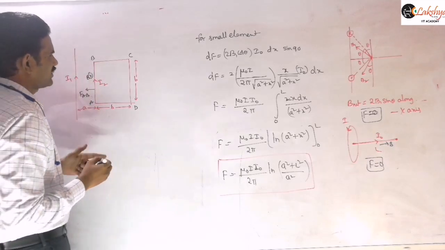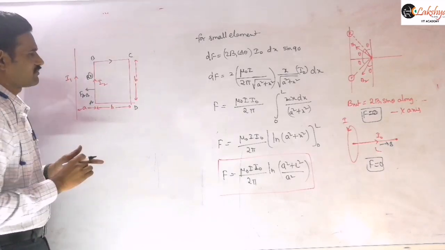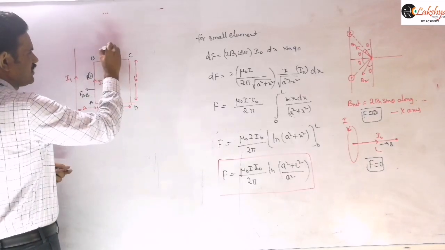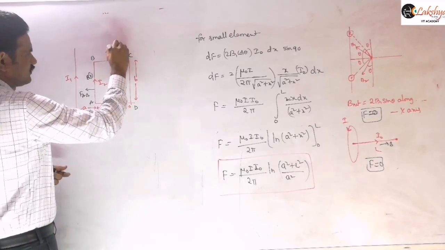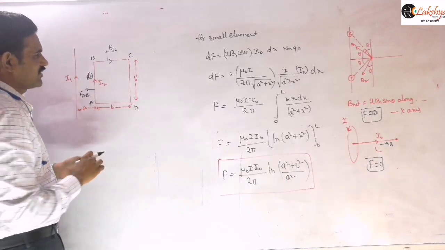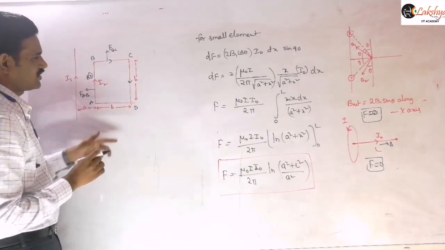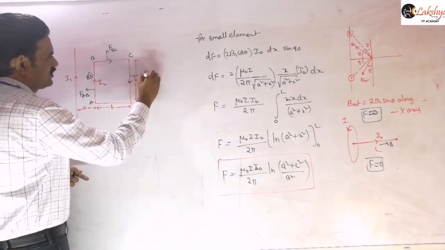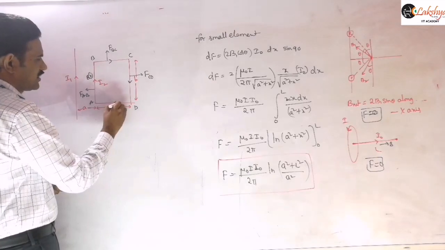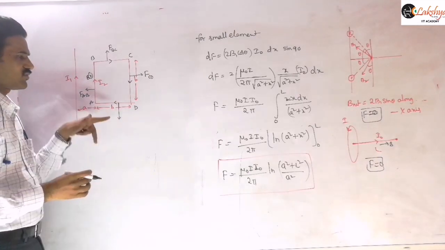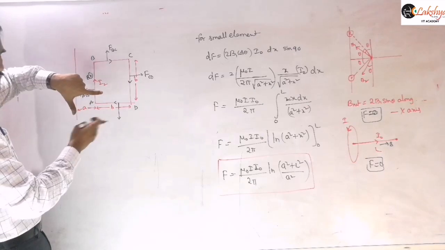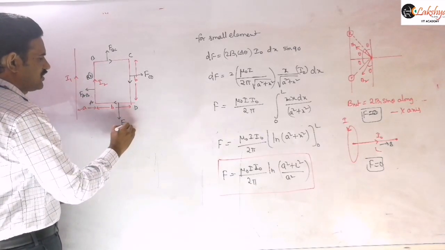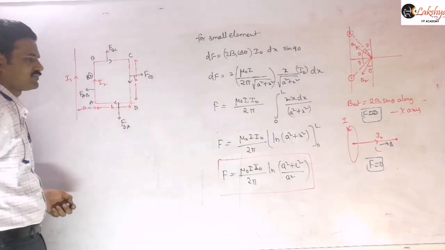And next, the force acting on BC. Field is into the plane, current is flowing like this. So the force acting on BC will be along this direction here. And next, the force acting on this: in this the current will flow down like this. So now here this force will be along this direction. So the force acting on this is CD. Now similarly the force acting on DA you will get like this. Here the field is inwards and current is flowing in this direction, so the force will be along this direction. So the force acting on DA will be along this direction.